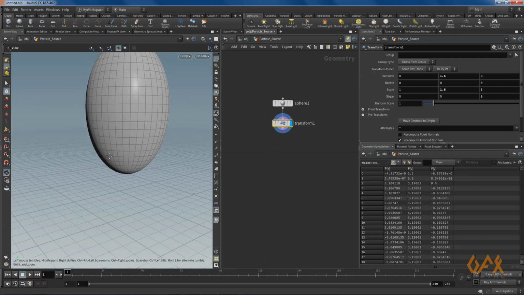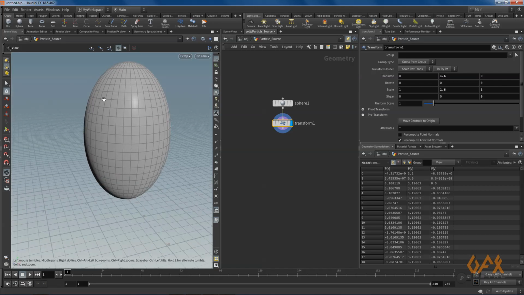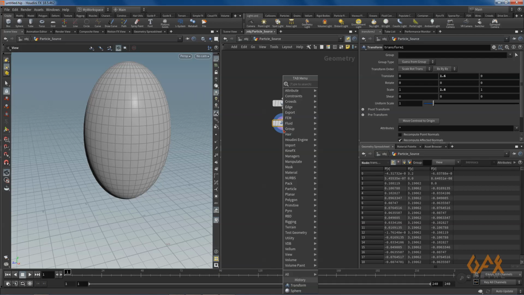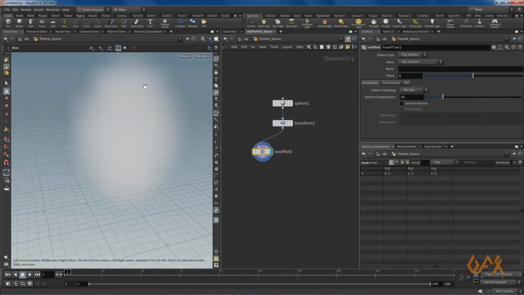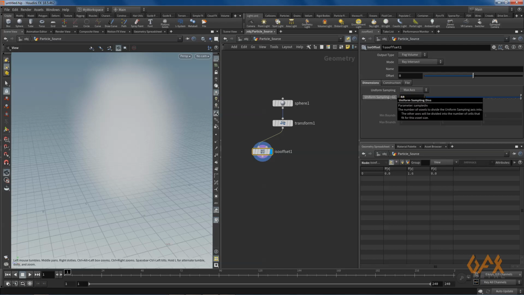Now to generate particles inside this volume, I need one more node, that is ISO offset, that will create a fog volume by default, and I just increase the uniform sample and division to maybe 60.